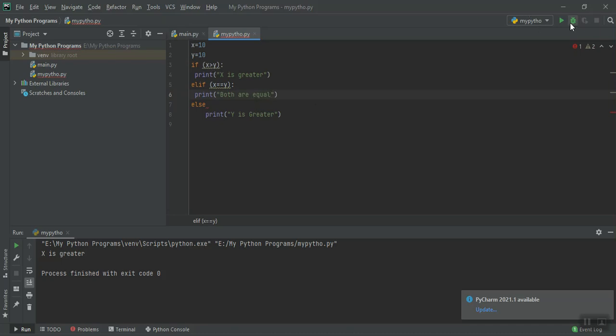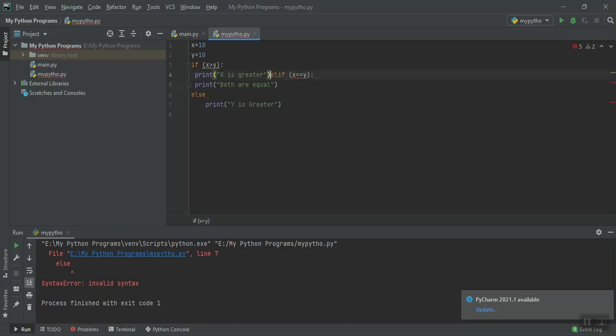See here, when I run this, I have got the colon after else.